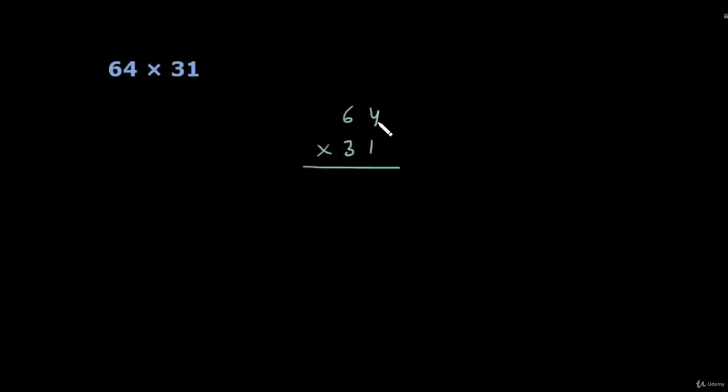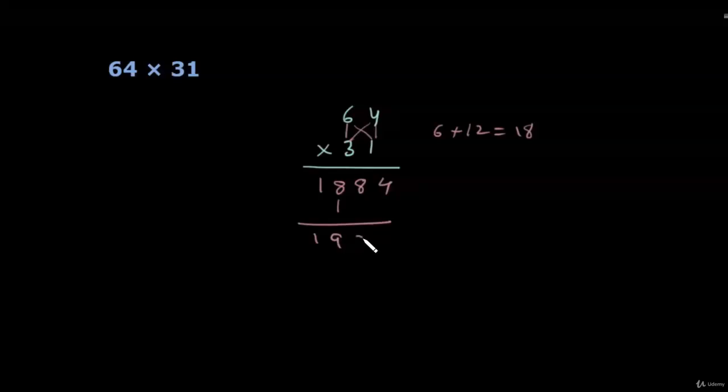This time we have to multiply 64 by 31. Now first of all, the numbers in the leftmost column. 6 times 3 is 18. And now crosswise, this is 6. 4 times 3 is 12, so 18. Because it's a two-digit number, we will write like this. Again we will multiply vertically, so 4, 1984. 1984. So this is how the vertically and crosswise technique works.